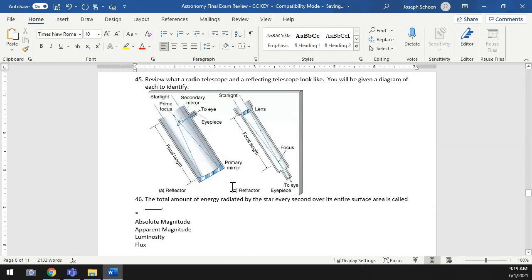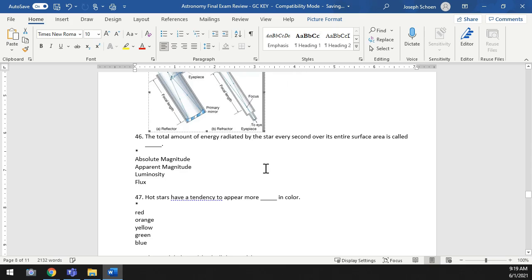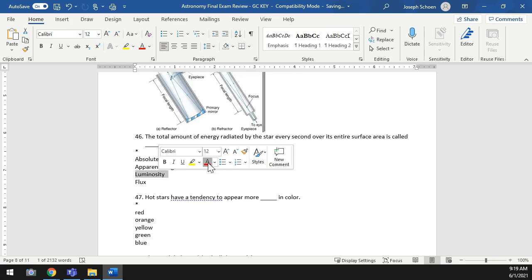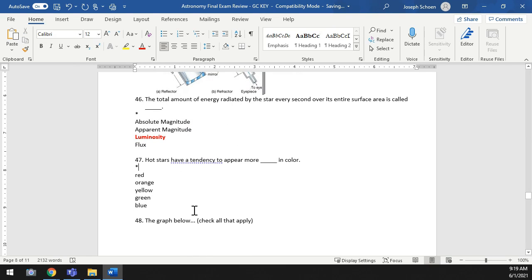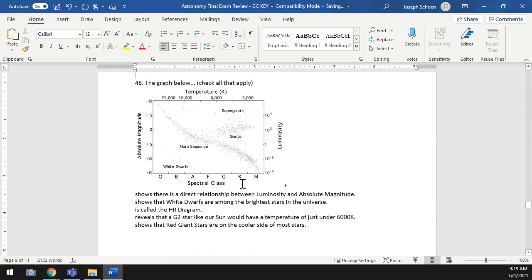The total amount of energy radiated by a star every second over its entire surface area is called luminosity. And you measure luminosity with flux, which is just the amount of energy out of a square of the star. Hot stars have a tendency to appear more blue in color than the others. So blue hot is hotter than red hot. In the graph below, which is the HR diagram,